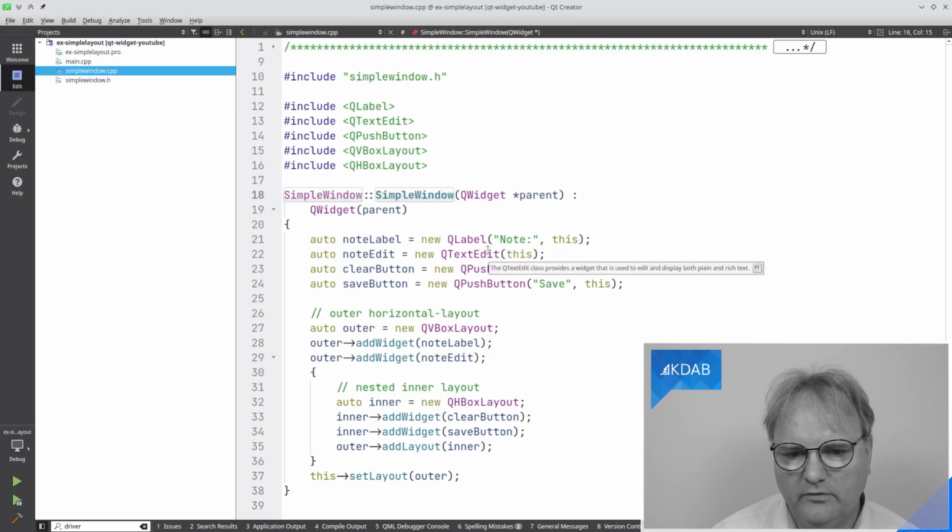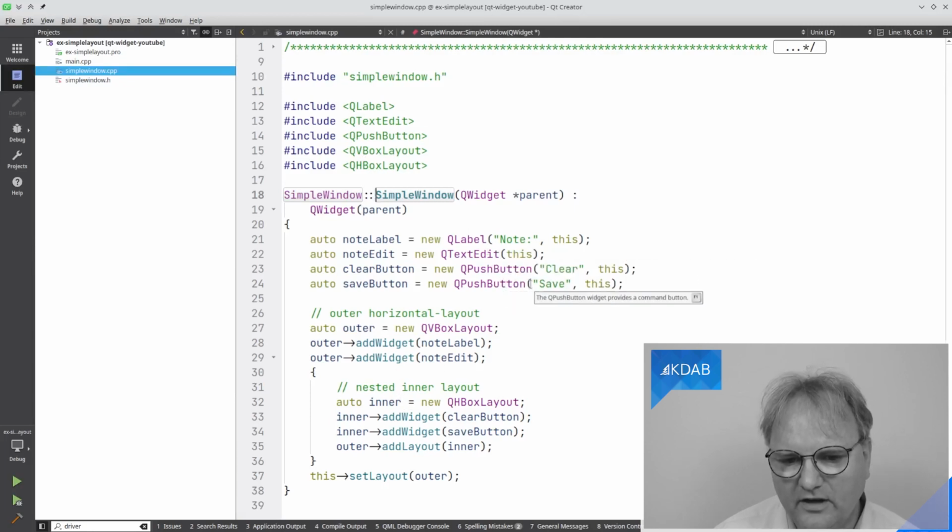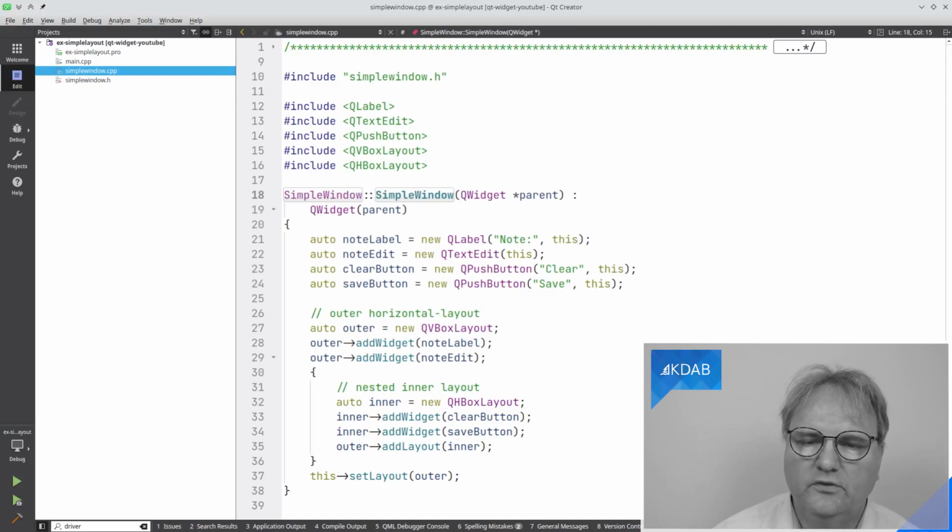I create my label, I create my text edit, I create my push button, and I create the other push button. And each of those are then laid out, which I do here. I create a layout manager. I have two layout managers I use often, QVBoxLayout and QHBoxLayout, and then I have two others that I use slightly less often, QGridLayout and QFormLayout. And if you come from a Motif background, a form layout is nothing like what you have in Motif. But I'll get back to the layout managers later in this video series.